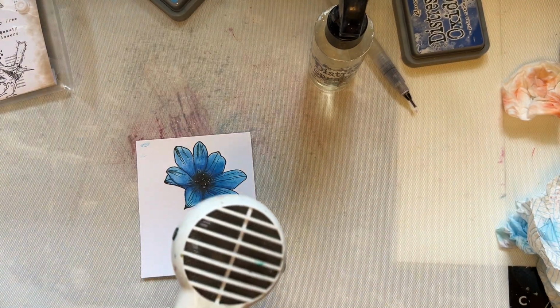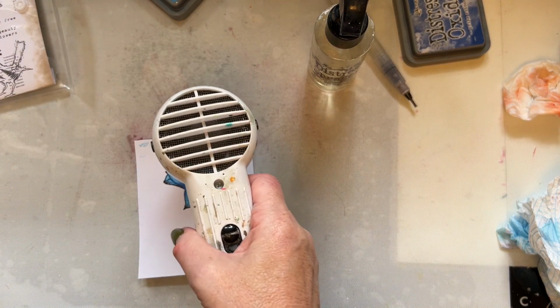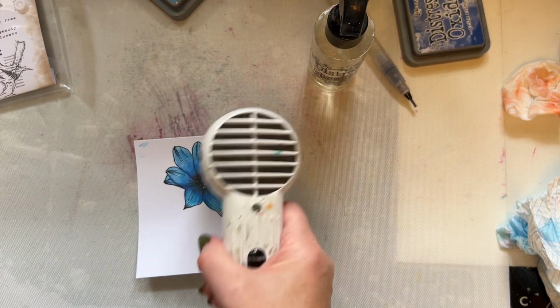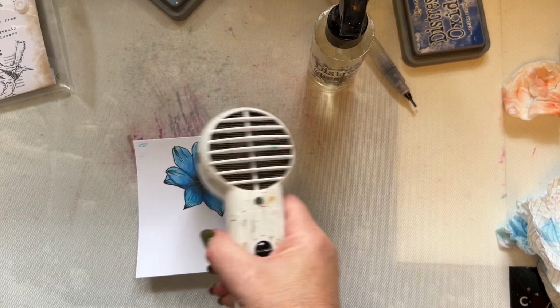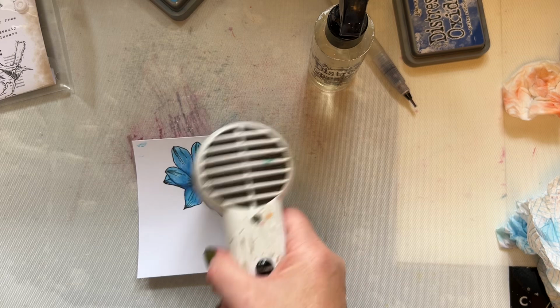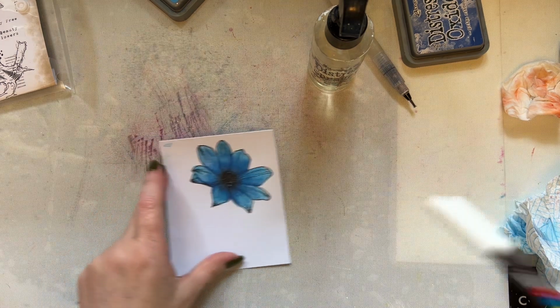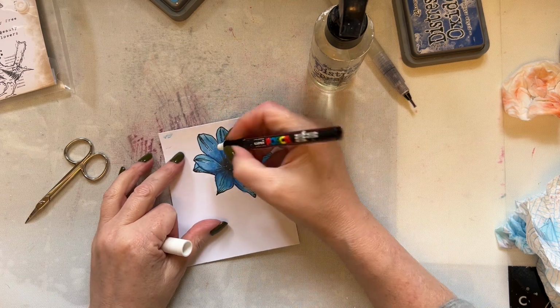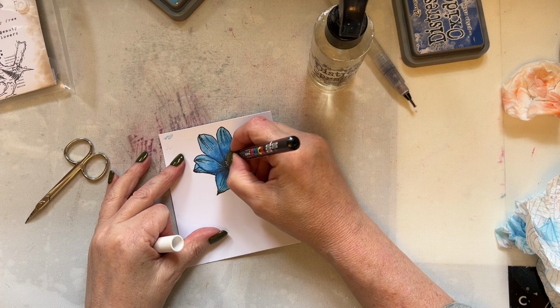I'm going to give this floral a little bit of a dry. And what I'm trying to show you is it's about adding layers, having a little bit of patience, and even with minimal product, you can still get a beautiful floral coloured beautifully. Let's just grab our Posca pen and let's see if that'll work for us. Let's make sure there's no pigment on there. And then we can just add, just like we did